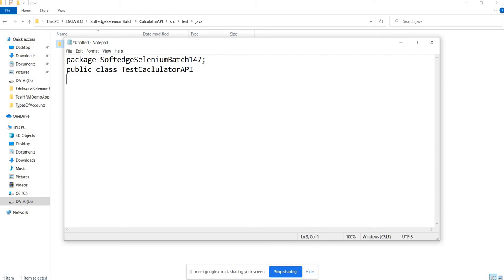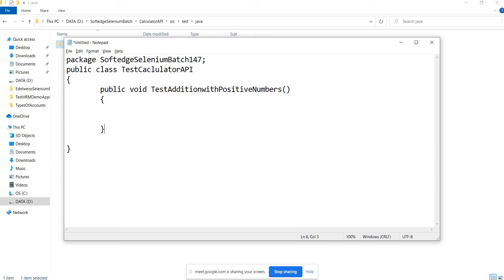As a developer, as and when I add new functions into my API, I will test them. I will keep on adding different test cases there. So let's do that. Public void. The first test case which I'll write is test addition with positive numbers. This is my first test case which I want to run.